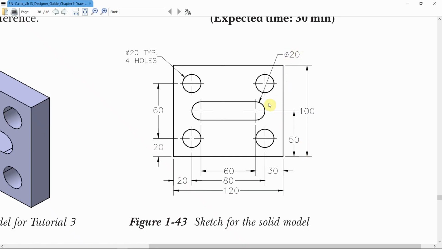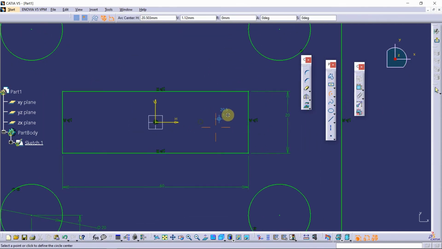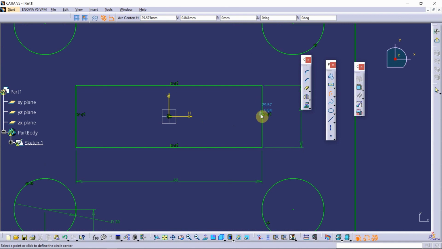Now I have to make 20 diameter semicircles. I'm going to select semicircular arc. Now I'm going to select a point on this line and also a point on this horizontal axis. Now I'm going to select the center, starting point here and ending point here.